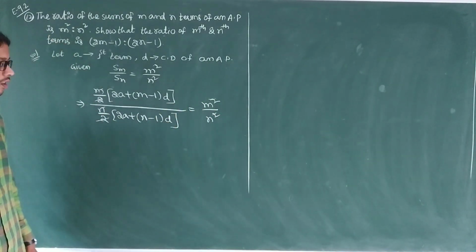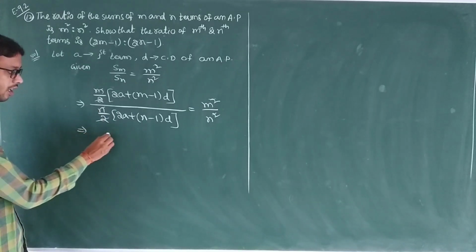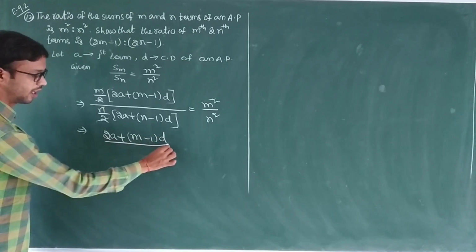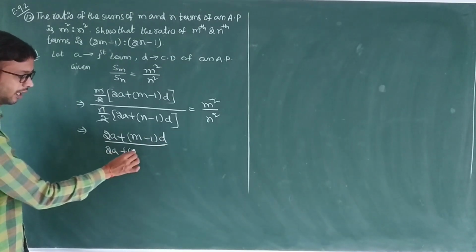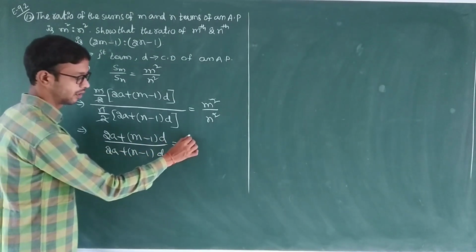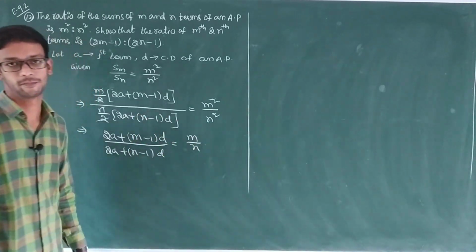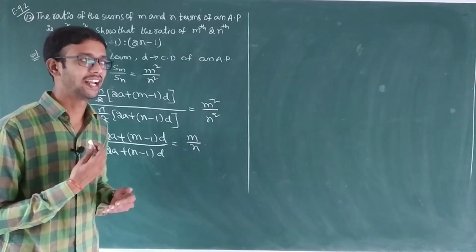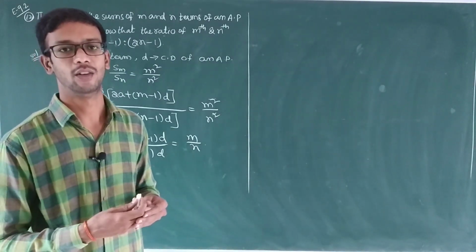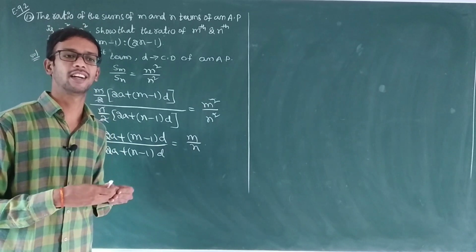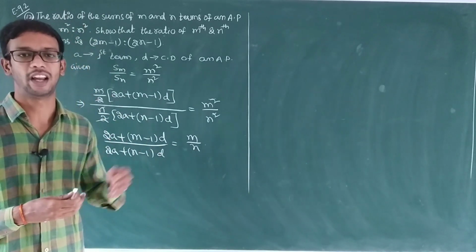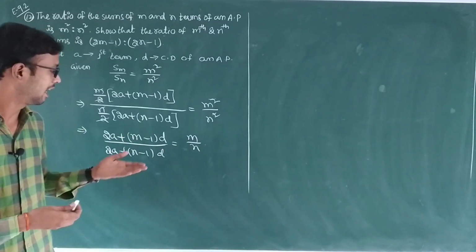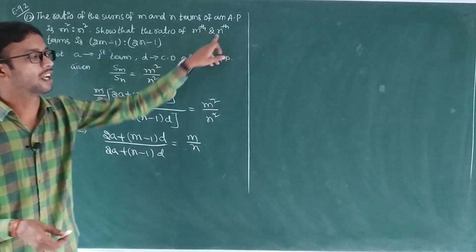1n cancel. So remaining, what is that we have to write here? (2a + (m − 1)d) divided by (2a + (n − 1)d) is equal to m by n. Up to this one completed. Now we have to take m value and n value. In previous problems also we discussed that n value is 35, 34, you will get simplification purpose. Here also we need m and n term.